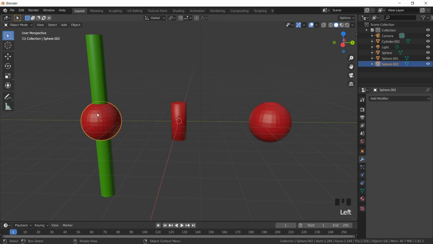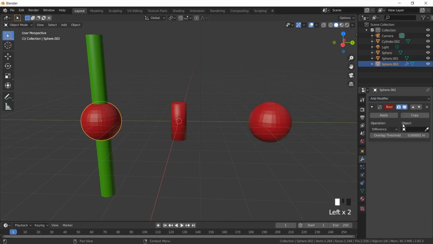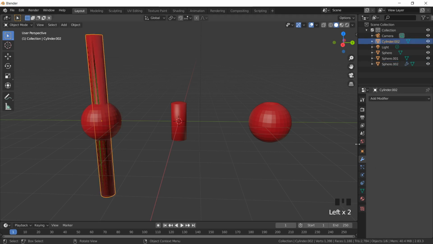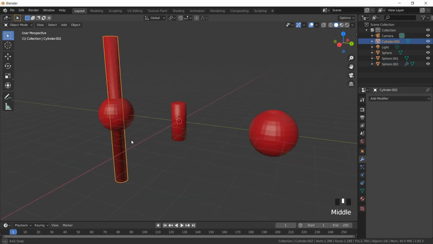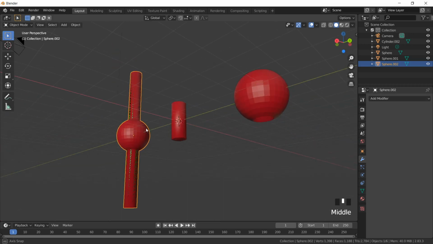Let's see the third operation. I select my sphere again. I will go to the Boolean operation. Now let me select union. I want to have the union of this with the rod, so I will select the cylinder again. Pick it, select cylinder, so the cylinder gets selected. Now if you see, after applying union, this whole object becomes a complete object like this. Let me apply it. So I have this complete operation.